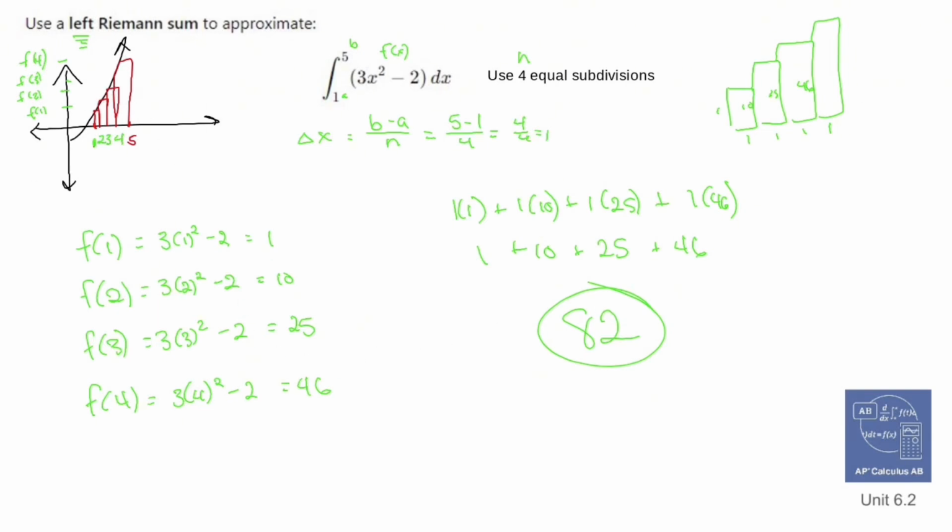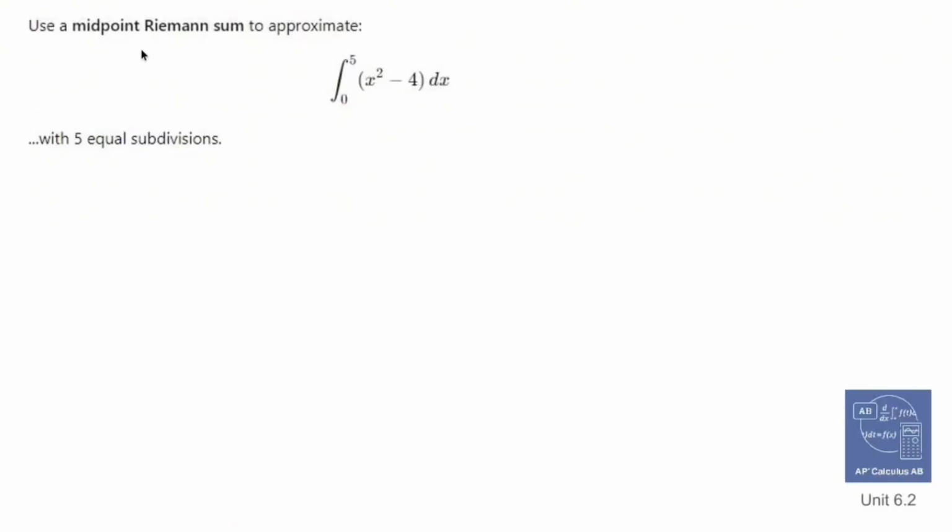Riemann sums. Use a midpoint Riemann sum to approximate the integral between 0 and 5 of x squared minus 4 with 5 equal subdivisions. Well, let's find out how poor of an artist I am and try to draw this out to the best of my ability. Okay, I know x squared minus 4 looks like this. I know it's going to go through 2. All right, so a midpoint Riemann sum,